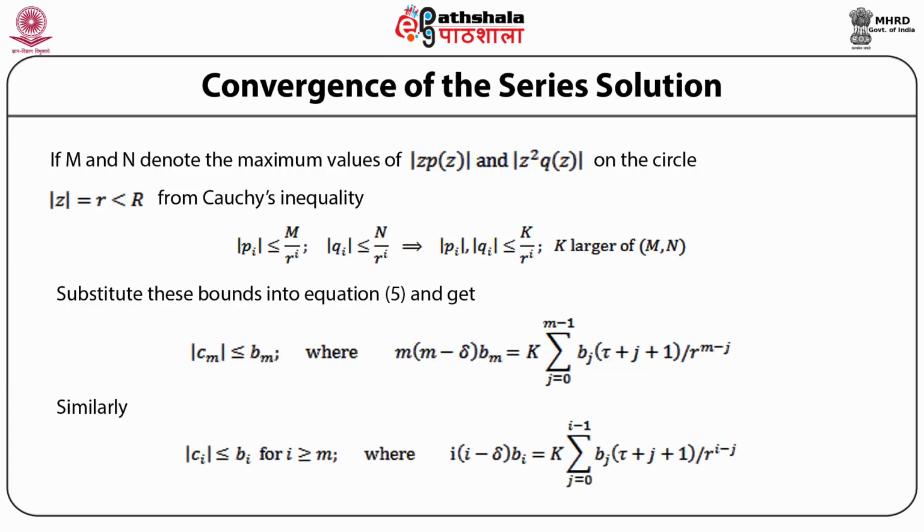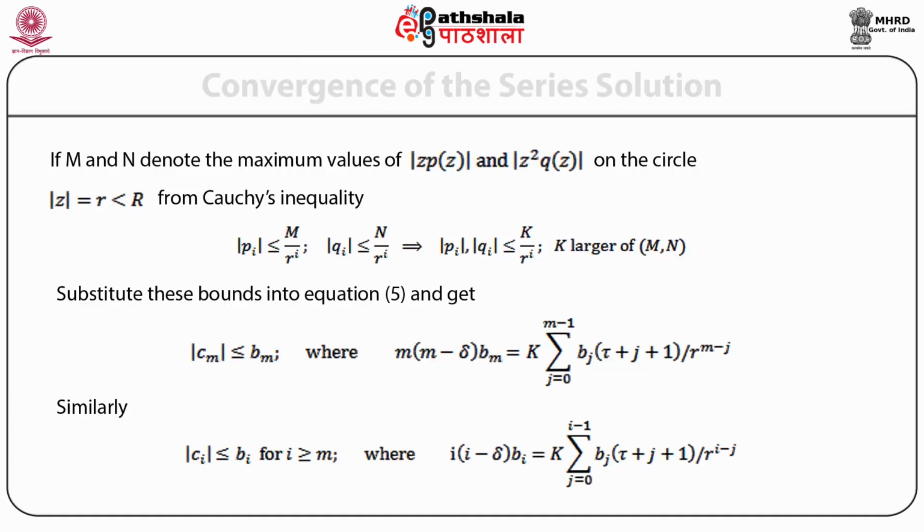Similarly, we get modulus of Ci is less than or equal to Bi for i greater than or equal to m, where the product i times (i minus delta) times Bi is equal to capital K times summation j going from 0 to i minus 1 Bj times (gamma + j + 1) divided by r raised to power i minus